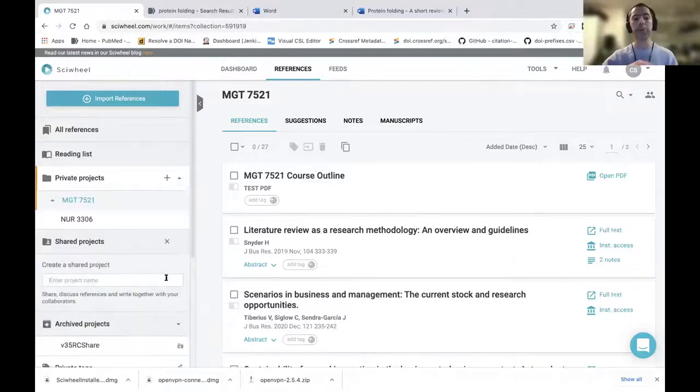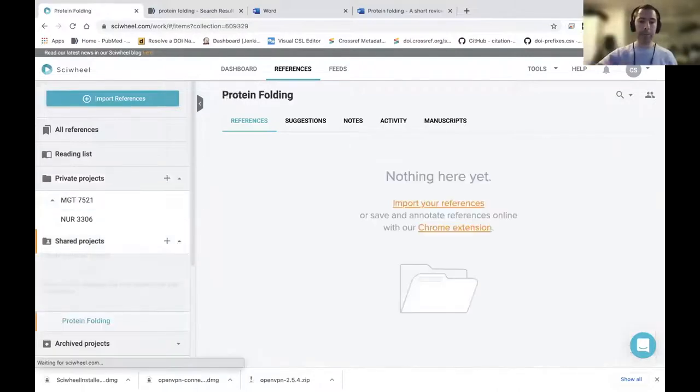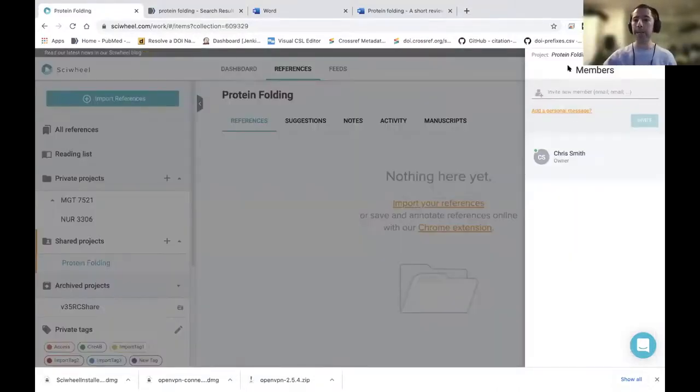So I'm working on a project with Christina. The project we're working on is regarding protein folding. So I'm just going to create a protein folding project here. Immediately, this little side panel pops up with